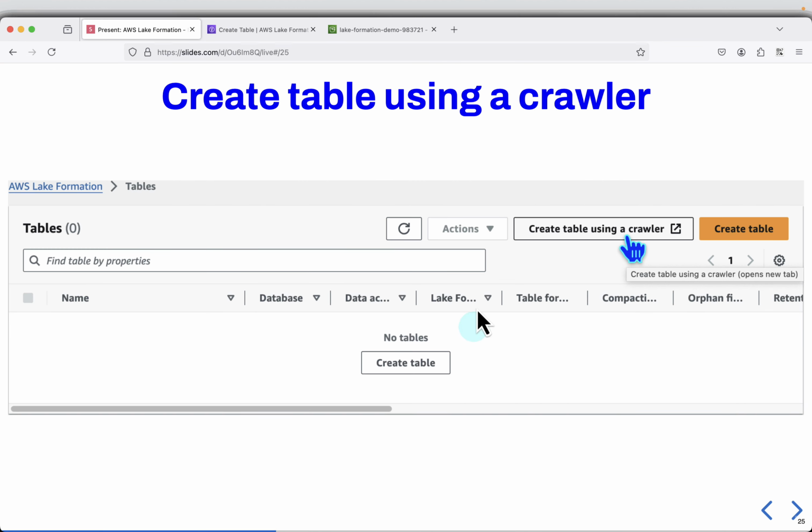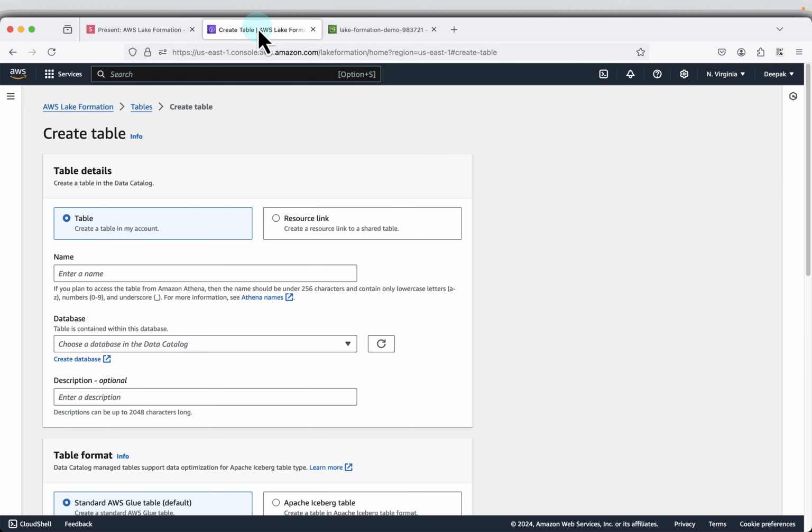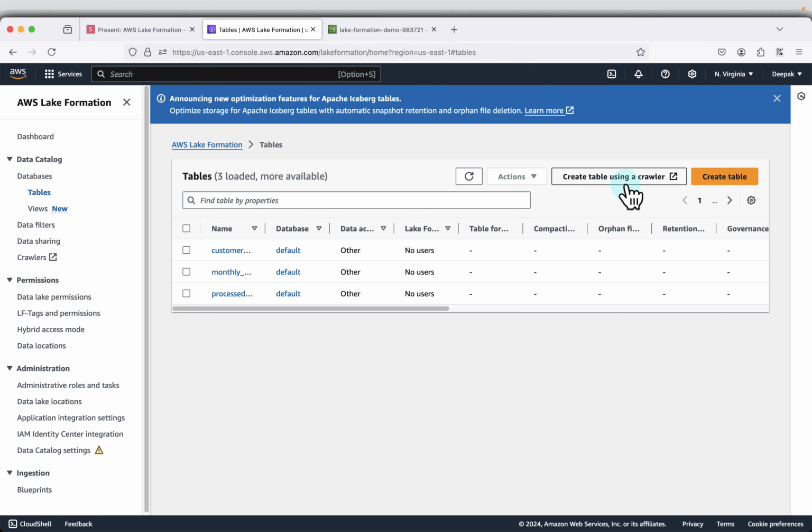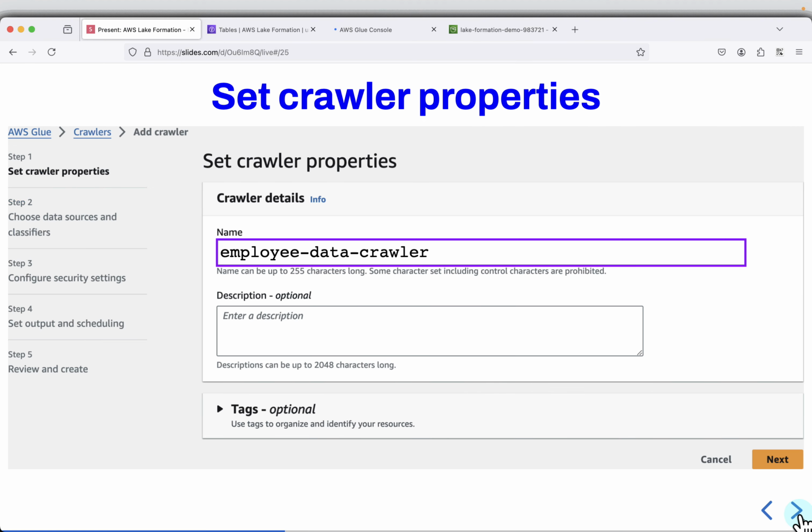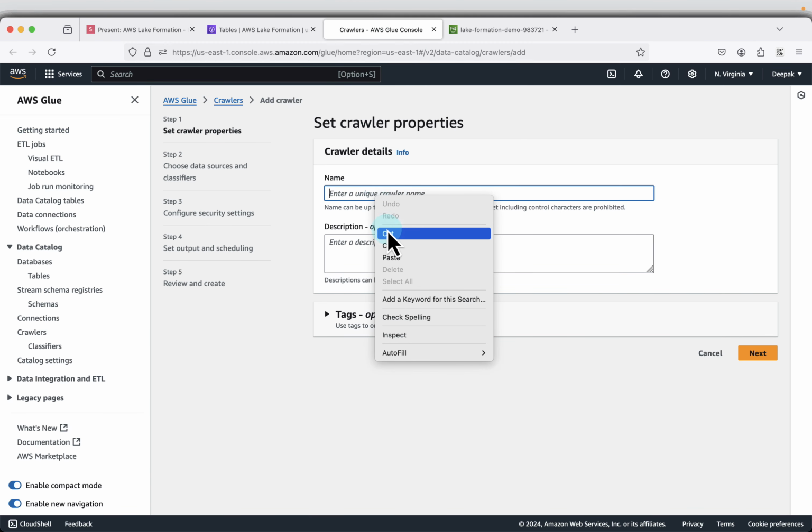Okay, so I'll be using create table using a crawler. So this will actually use the AWS Glue. So crawler will, as the name suggests, crawl and identify the schema also. So when I create table using crawler, it will open the AWS Glue console. So I'll call this employee data crawler because the data is about employees. Paste the name